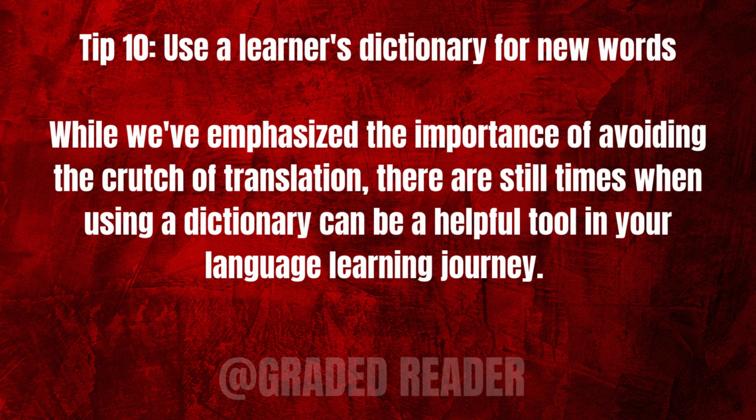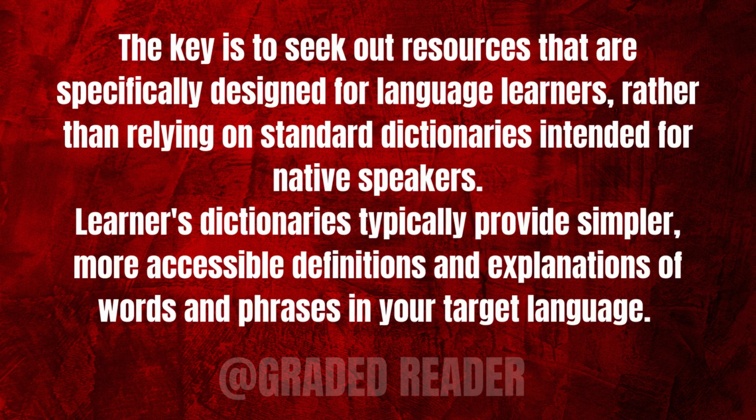Tip 10. Use a learner's dictionary for new words. While we've emphasized the importance of avoiding the crutch of translation, there are still times when using a dictionary can be a helpful tool in your language learning journey. The key is to seek out resources that are specifically designed for language learners, rather than relying on standard dictionaries